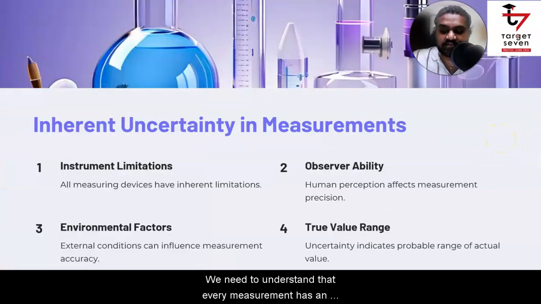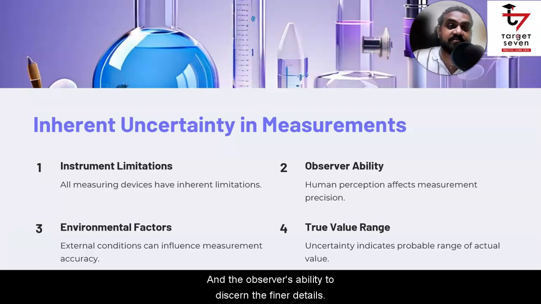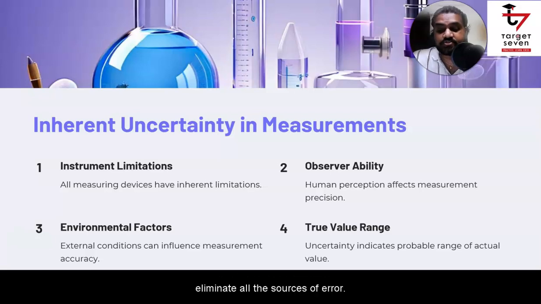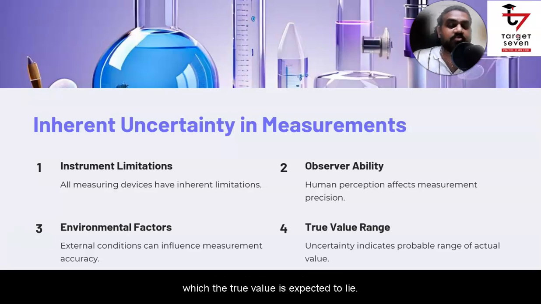We need to understand that every measurement has an inherent uncertainty due to limitations in the measuring instruments and the observer's ability to discern the finer details. For instance, even the most precise instruments cannot eliminate all the sources of error. It could be due to calibration, environmental factors, or fundamental limitations of the measurement scale itself. This is why measurements are always accompanied by a degree of uncertainty reflecting the range within which the true value